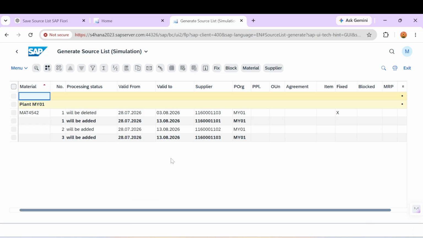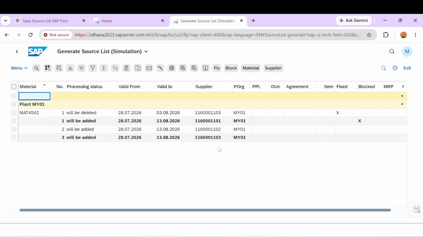Yeah. So here we can see all suppliers just came, right? So what I need to do, I just need to select manually from here. Let's suppose this one I want to block, or I want to fix, whatever I want to do, we can do from here. And you can also see that whatever we have done in GUI, the same material we have fixed now. So it's already fixed for this supplier, right? If I want to block this supplier, or if I want to fix this supplier also, how can we do that? We can simply select the line item, and we are going to select this option. So the block option is there, that we are going to select, and we are going to save it.